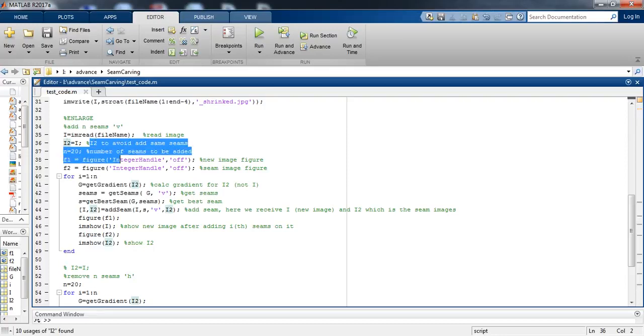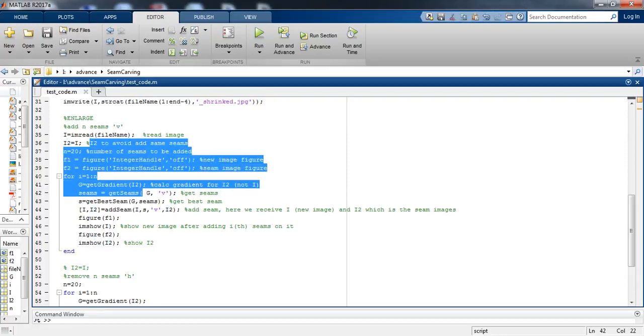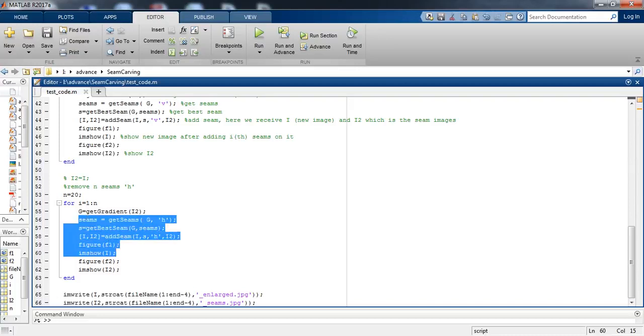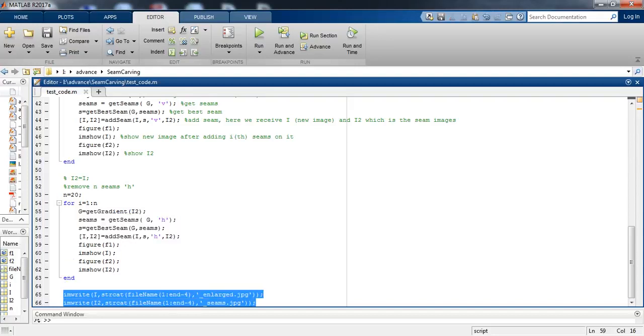Then we are enlarging the image. That means we are again iterating a loop and we are adding n seams v, and we are adding n seams h. It is just the vice versa process of shrinking and expanding. Then after that we are writing the enlarged jpg file and the seams.jpg file.